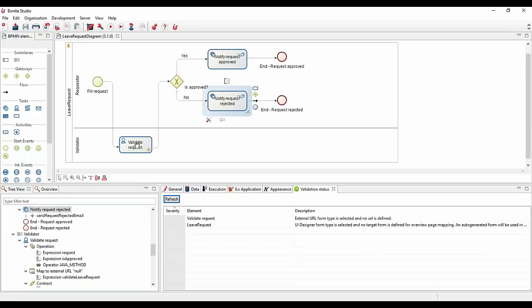Then if your email server has a different host name, you have an issue because it's hard-coded, and you need to build a new version of the process and find anywhere you use this specific hard-coded value, which is not good. So that's why we usually use parameters in the connectors, to make sure that we factorize, and that we can change this parameter value live without having a new version of the process.